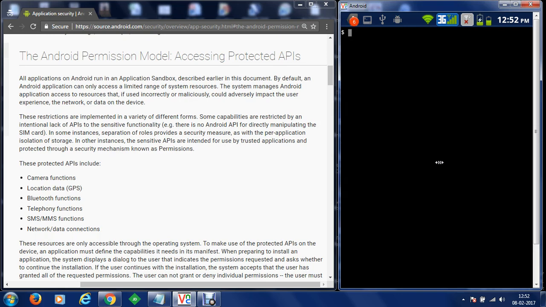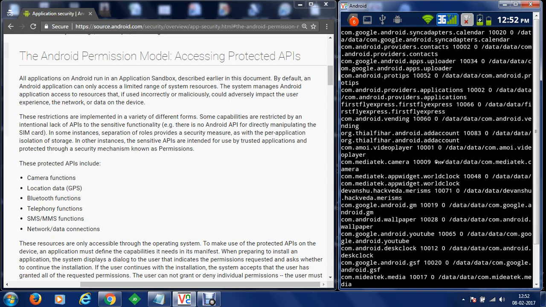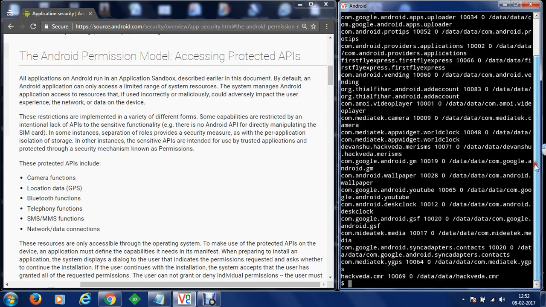Yeah, we are here in the current directory, data system. So let's execute cat packages.list, and now what we have here, at the very bottom, is our hackweather.cmr.